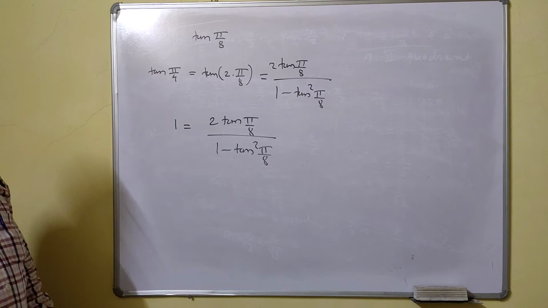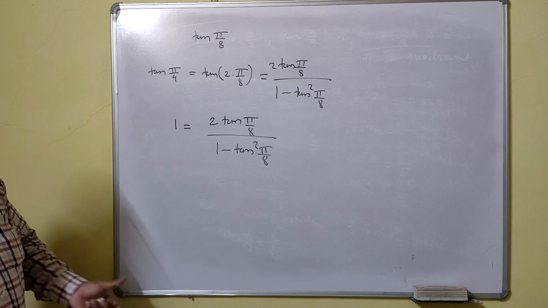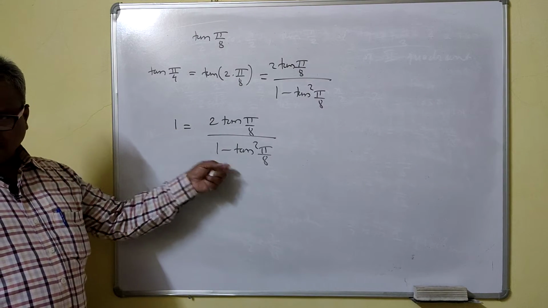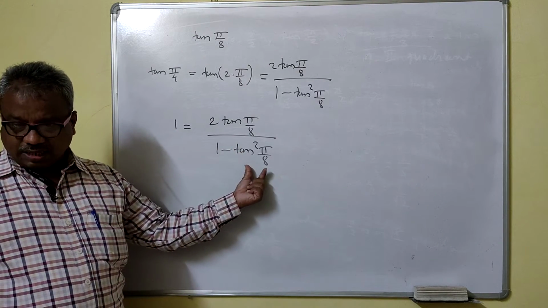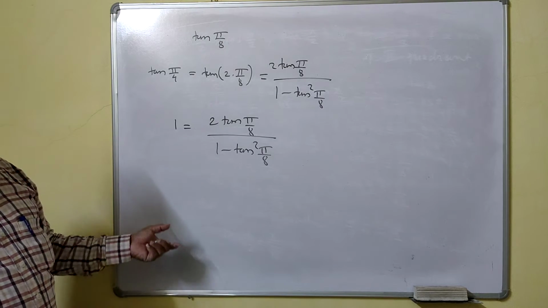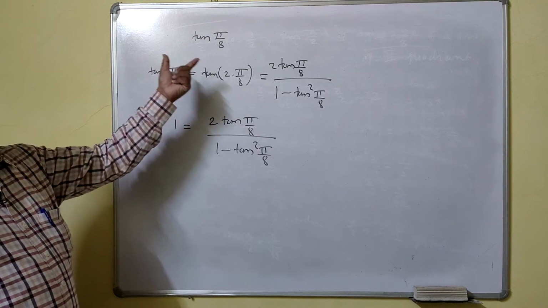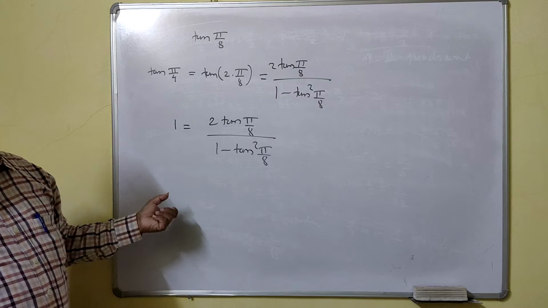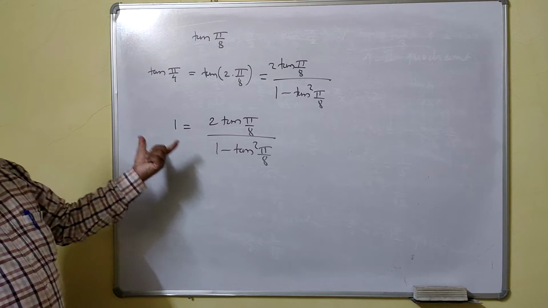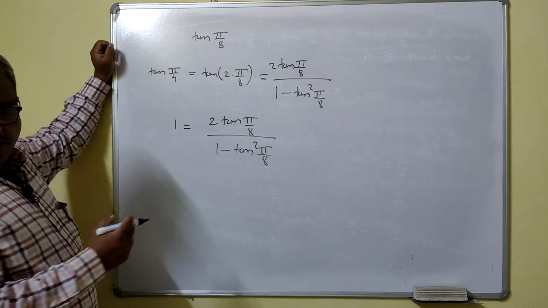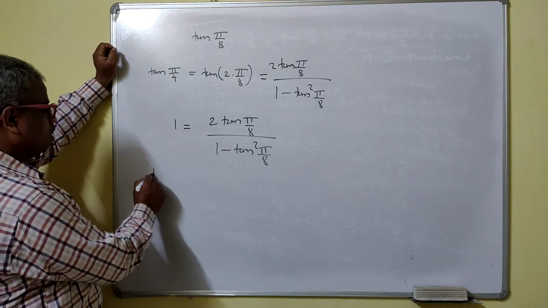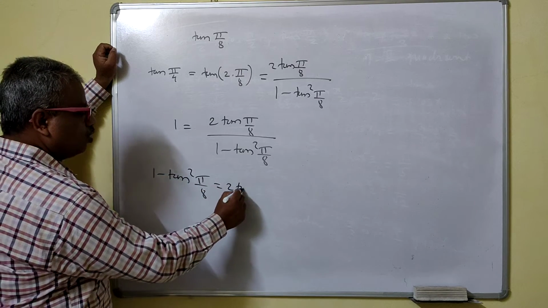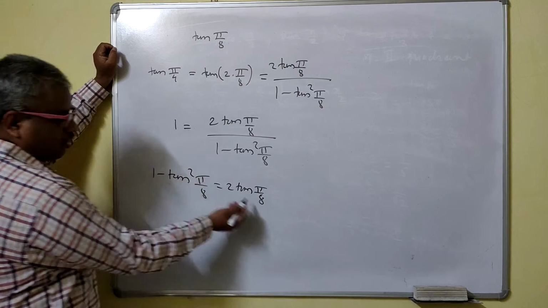Right? Now see, there is no particular direction for this one. You have to apply your knowledge. By trial and error you have to do it. So what we do? We'll shift this 1 minus tan square here. We get a quadratic equation in tan theta. Right? And we'll solve this one. We know how to solve the quadratic equation. We get two values. But pi by 8 is what? Pi by 8 is in the first quadrant. Right? So we have to take the positive value. Permissible value I have to take. It is the first quadrant. We will accept only the positive value then. Okay. So this is what: 1 minus tan square pi by 8 is equal to 2 tan pi by 8. We will shift all the terms, right?